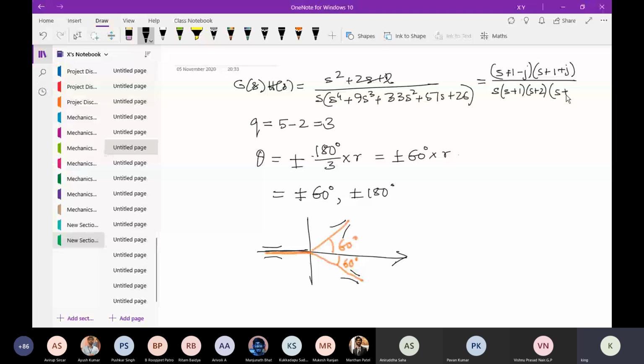S plus 3 plus 2j, S plus 3 minus 2j. Okay, so that means my zeros